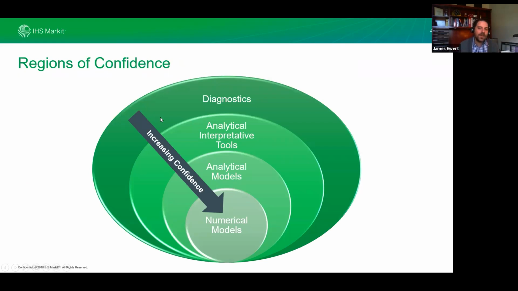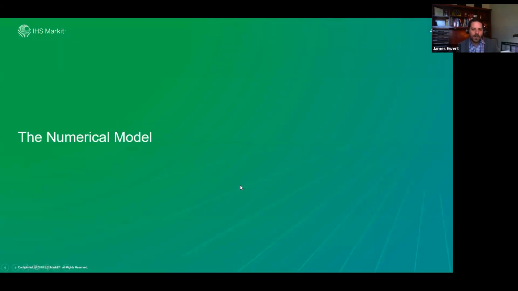So as you are trying to get your analysis and get people to believe your analysis, or for you to believe your analysis, you have to kind of go through your dome of increasing confidence. It starts with data diagnostics, choosing the right data. A lot of the interpretive tools we have are single phase, some are multi-phase, but you want to interpret that data. Then some folks like to stay with analytical models, but if you really want to get to that increased confidence, you really want to get to those numerical or multi-phase models, depending how you want to refer to them.